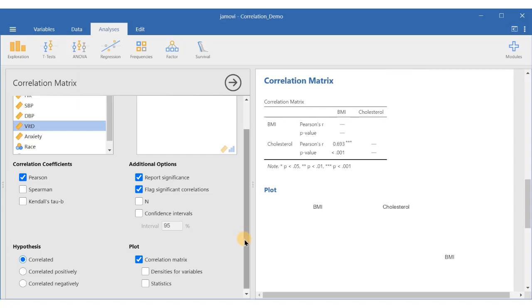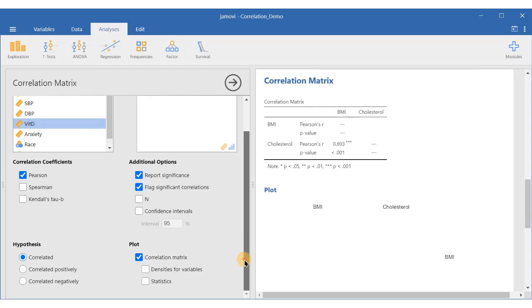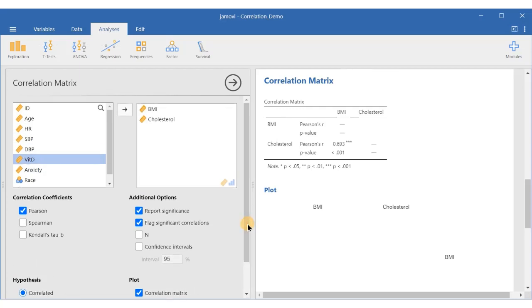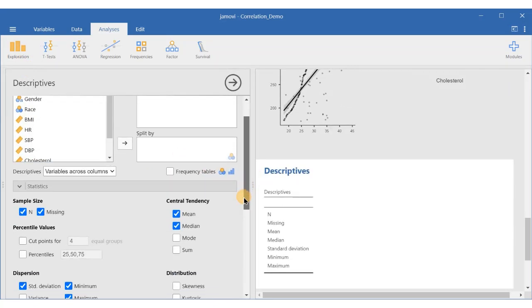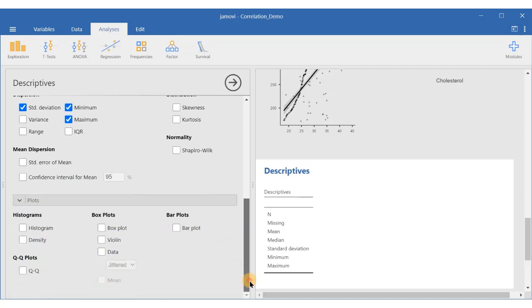You can check for the normality also after this, and to check for the normality again you have to go to the descriptive, click on descriptive, and you can click on this histogram, or you can click on the QQ plot also.